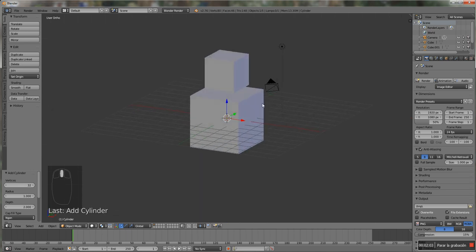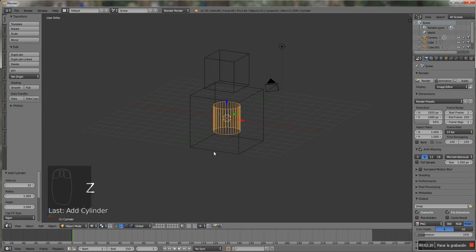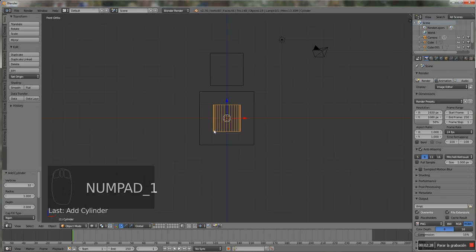It's inside the body. But how am I able to see such a thing if it is inserted? It is hidden inside the cube. Well, by changing our view mode, we are going to press Z, and as you see, we have switched to wireframe mode. Numpad 1 to get again into front view, and now G in order to